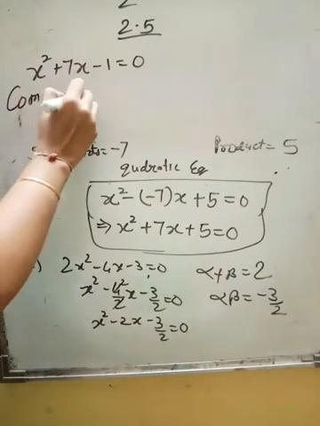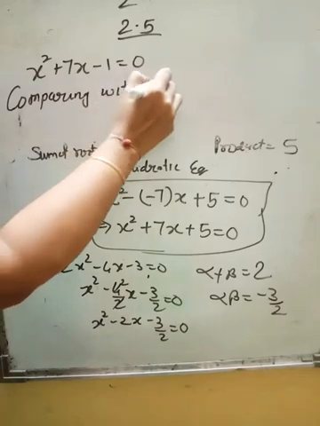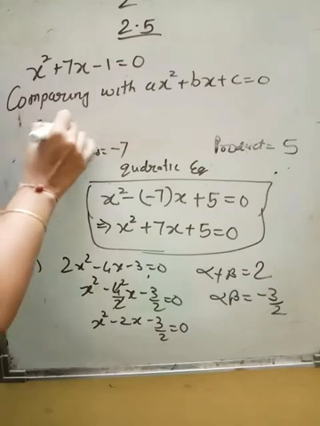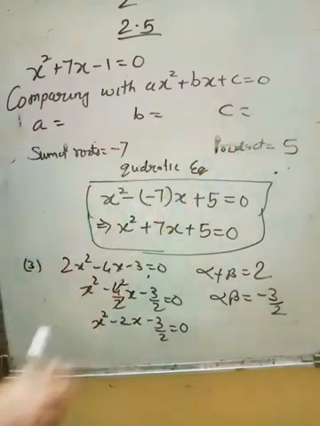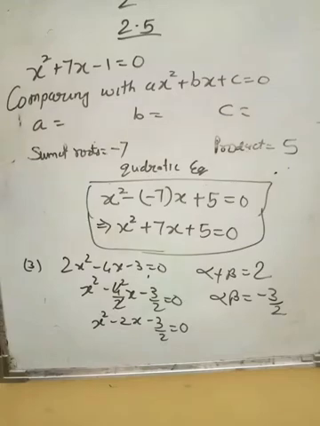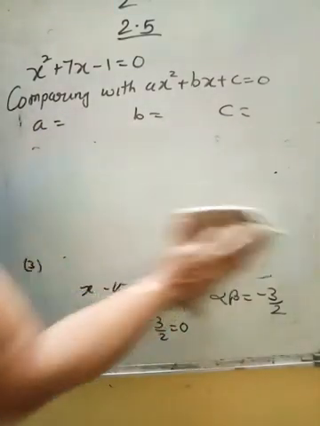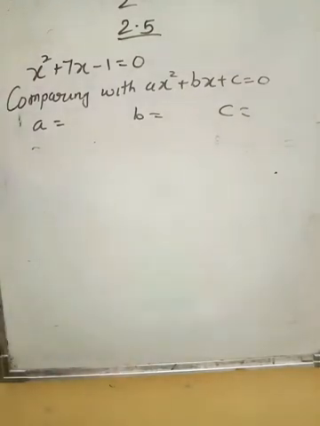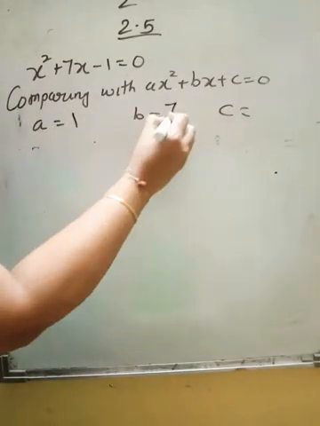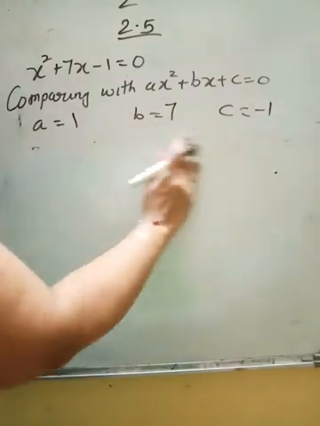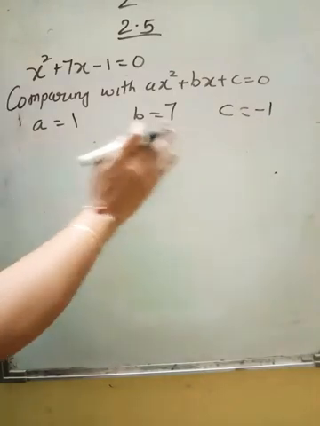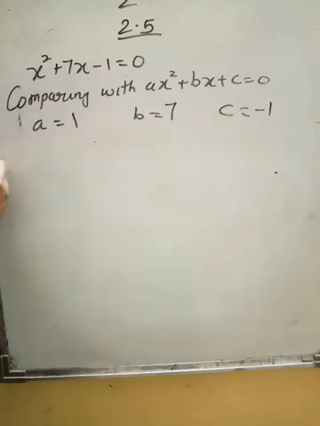Comparing with ax square plus bx plus c equal to 0. A, B and C, you are going to tell me. A is equal to 1, B is equal to 7, C is equal to minus 1. Perfect. Both of you very good. A equal to 1, B equal to 7, C equal to minus 1. So after writing A, B and C, what is your job? Your job is to write down